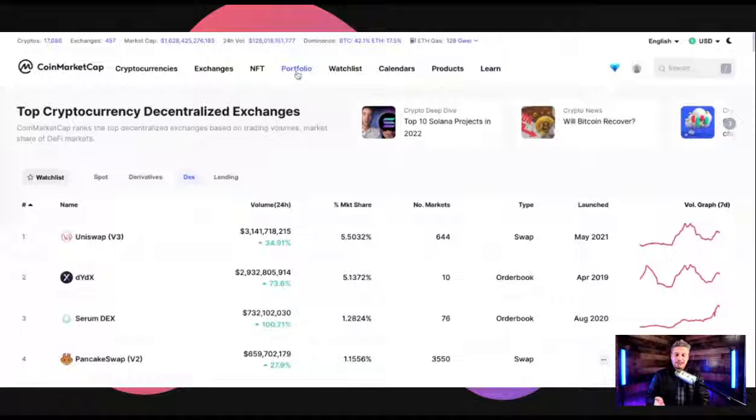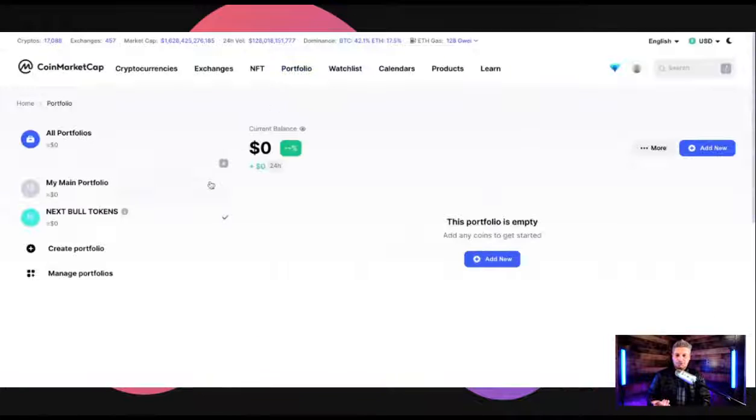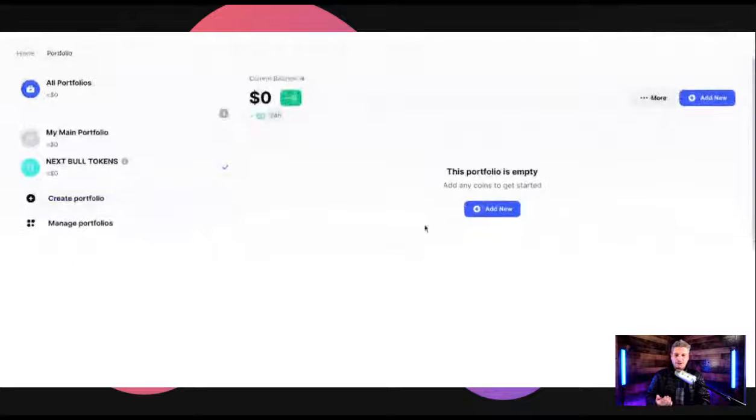And then the portfolio tab allows you to just click to your portfolio. If you have made a portfolio, or if you haven't, you can add a new portfolio, put in the tokens that you've bought and sold. And you have to do that manually right now on CoinMarketCap, but it allows you to keep track of where you're buying in at as it goes down or as it goes up. So we've talked about dollar cost averaging, and this is going to do the dollar cost averaging for you as long as you input the data in there.